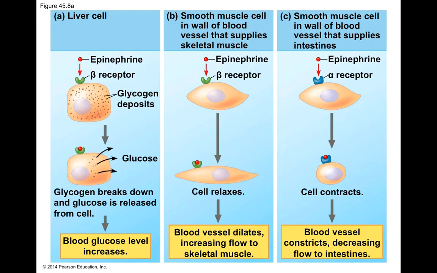To use an example I've used before in class, if you're in the middle of a fight or flight response, this is what your body's doing. If you just ate a cheeseburger on a camping trip and are being chased by a bear, you obviously want to break down glycogen into glucose to be used in cellular respiration to create ATP to give you energy to run. You also want to increase blood flow to your muscles to bring oxygen to complete cellular respiration to create the ATP for energy to run. However, your body really doesn't care about digesting your cheeseburger at this moment in time, so you decrease the blood flow to your digestive system. Hopefully this all makes sense when looking at the big picture.